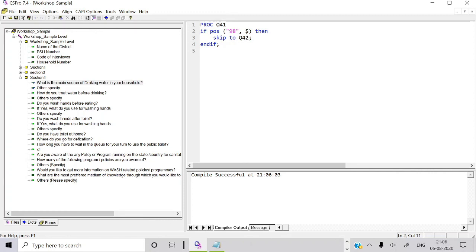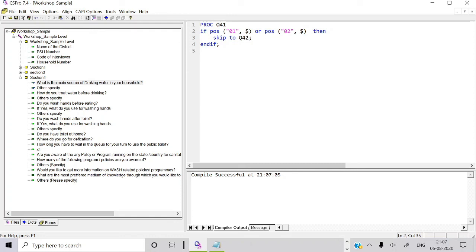Actually, this is wrong here; it is supposed to be 01, or 2, this is the way you can declare it.